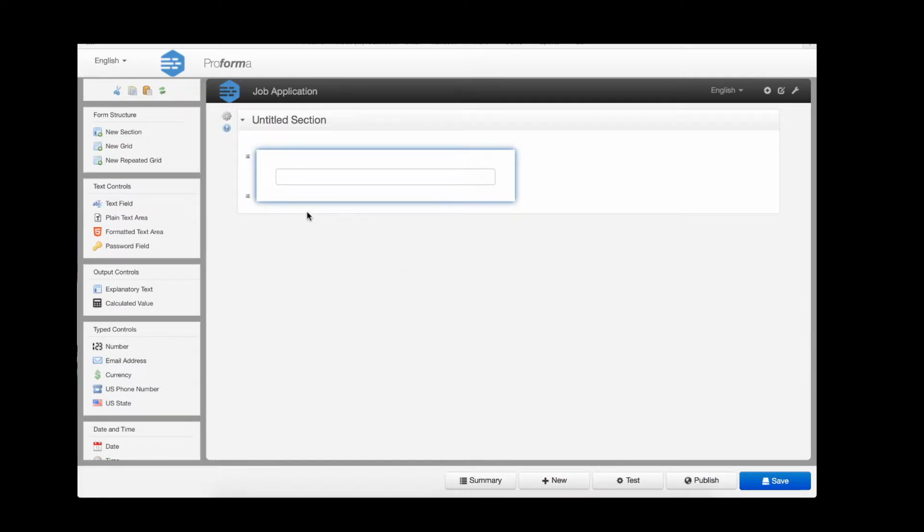So as I said, we're going to be building a job application. So quickly, this should only take about 10 minutes to build a whole functional form. I'm going to start by titling this first section. This is what we start with, so I'll say applicant information. And then in this first field, this is a text box, so I'm going to enter a label, name